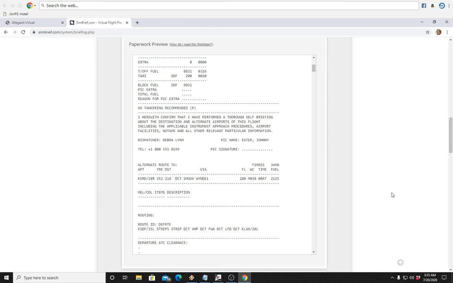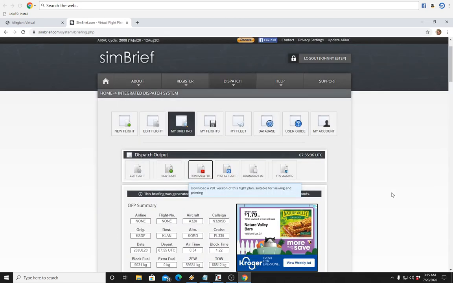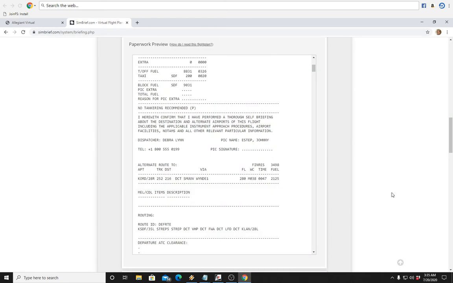And you can actually use your headings. It'll say dispatch output. And then hit your H again. It's a heading level 2. And it's right under the agreement about